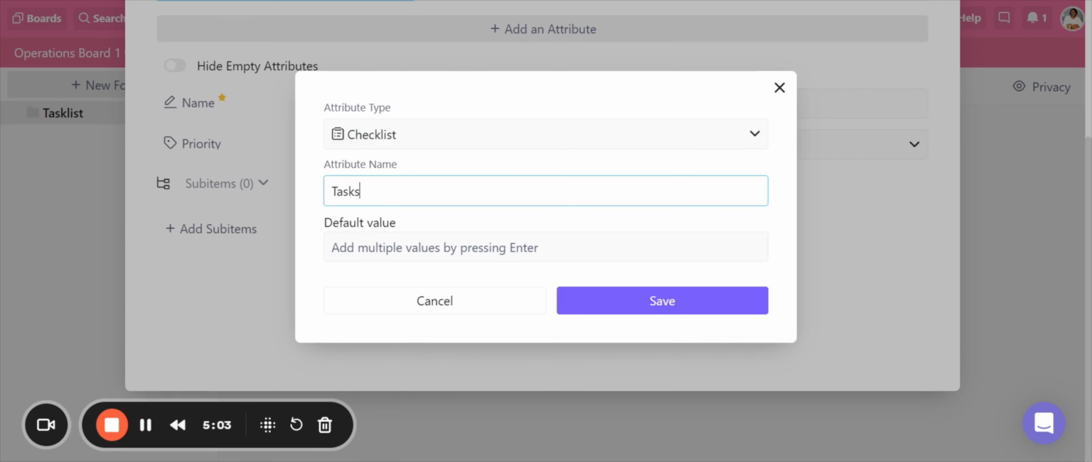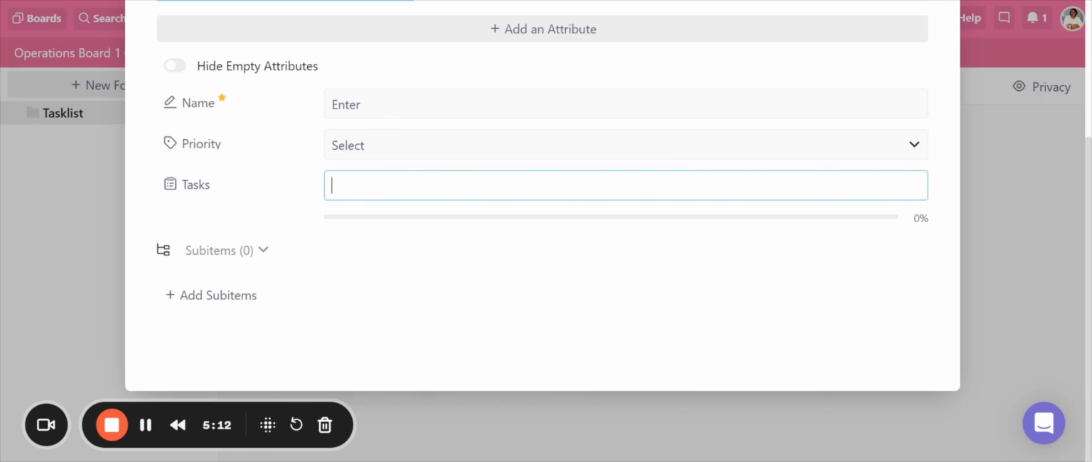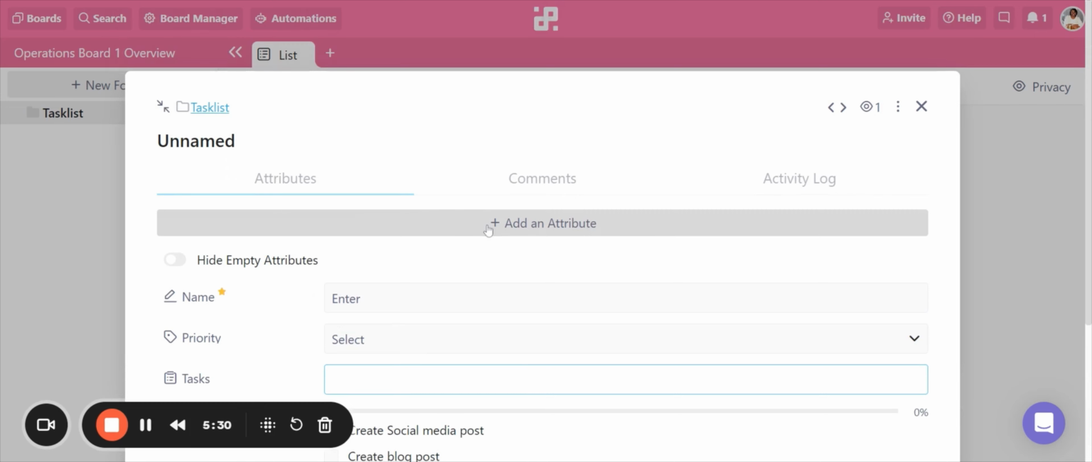So we can just put tasks as the name and then add multiple. You can leave that and then select. And this is where you're going to be adding your task. Maybe create social media post. Okay, create this kind of high level. Okay, something like that. So you can see you already have your checklists, and then you can go on to